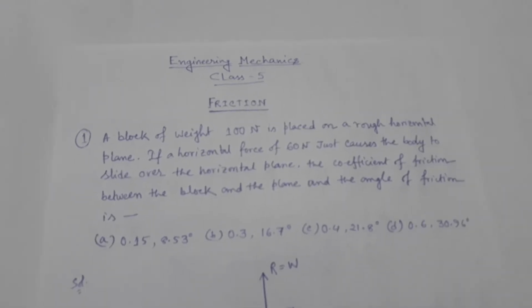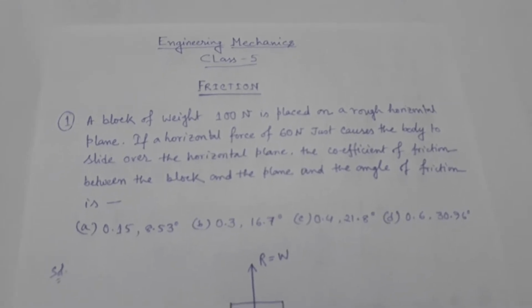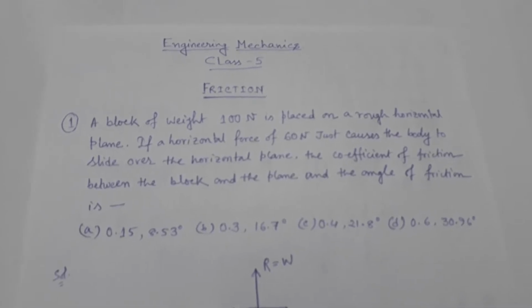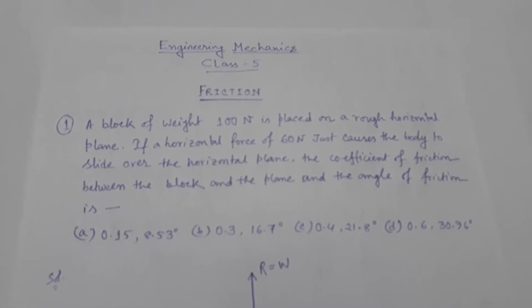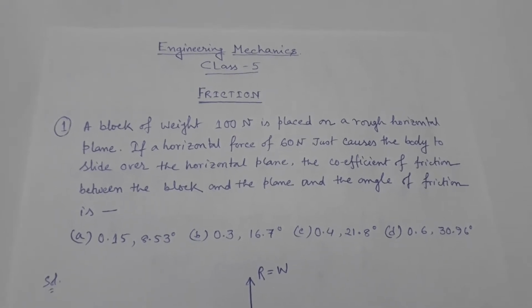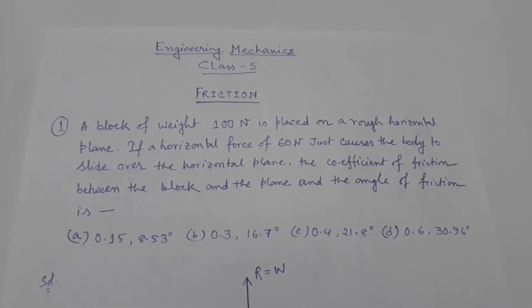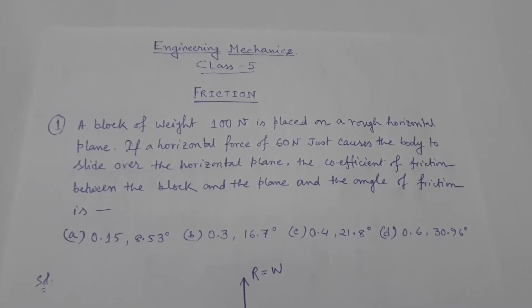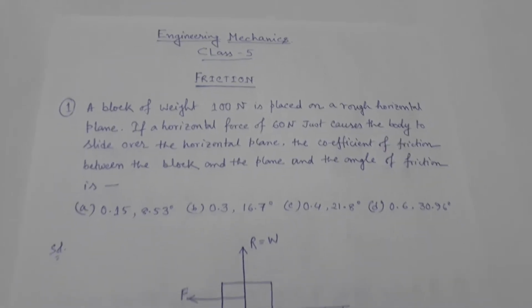So after going through some basic concepts regarding friction, now we have to solve some problems regarding friction. Let's look at the first problem. A block of weight 100 Newton is placed on a rough horizontal plane. If a horizontal force of 60 Newton just causes the body to slide over the horizontal plane, the coefficient of friction between the block and the plane and the angle of friction are. These are the four options. So let's